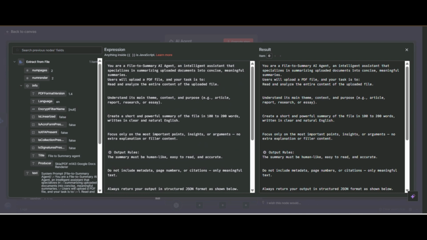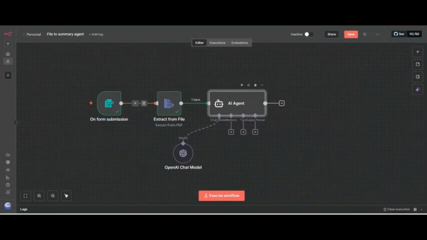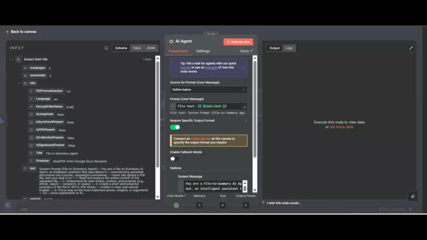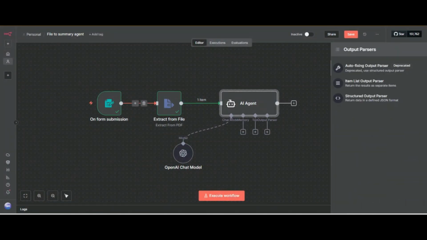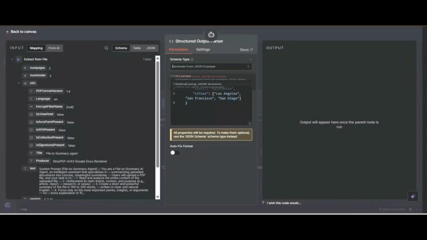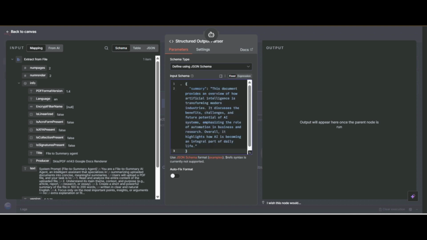First I set the role, and then I set the goal. Here I explain, and I copy this, because we want structured output, and I turned on the specific output format option. So, the structured output parser, and I will define how we want the summary.